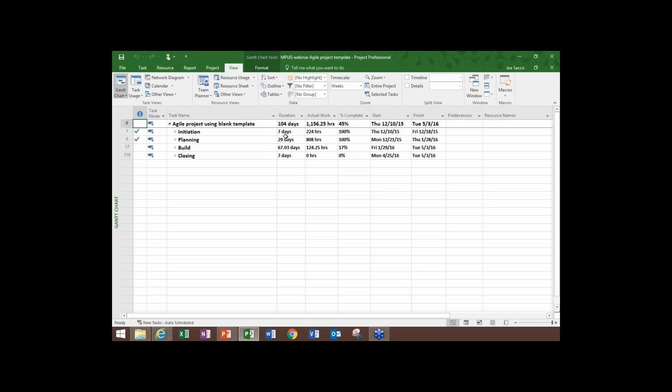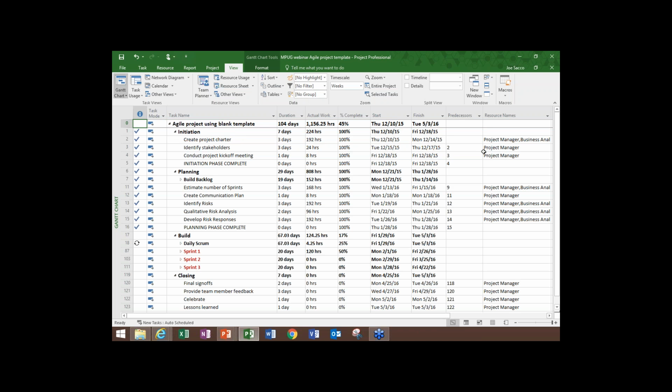If you look at the breakdown, though, you can see each phase. We're currently in the build phase, and that should end in May, and then finally we'll end up at the closing phase. So let's go back further into the outline, and let's look at level 2. And if you see level 2, you get to see a lot more detail on your screens. Hopefully you can see that the initiation phase is completed. We've completed the planning phase. There's hidden things still under other summary tasks here, like build backlog. We'll show you that in a minute. If you go to the build phase, though, you can see that we have 3 sprints: sprint 1, sprint 2, sprint 3. We're actively working on sprint 1, and then finally a closing phase.